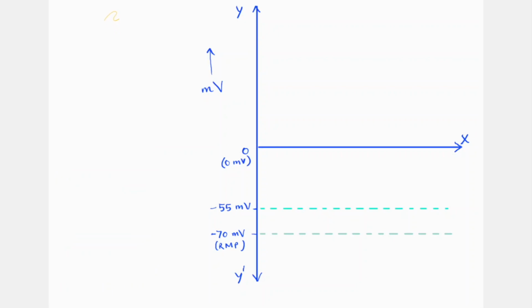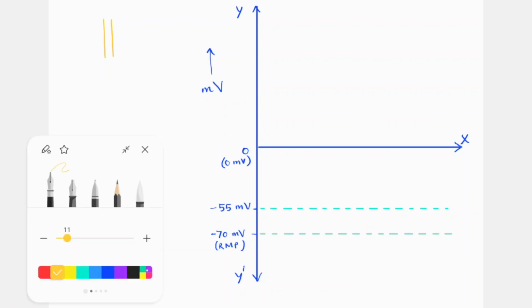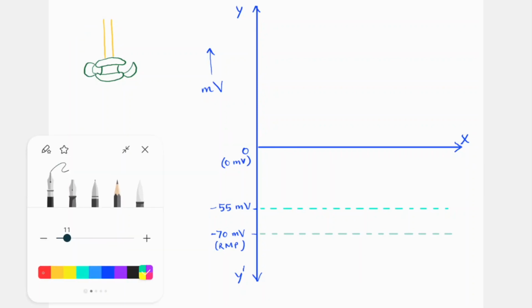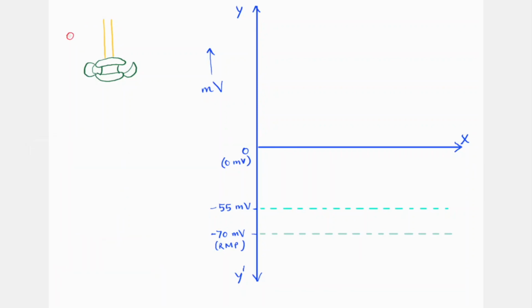Okay, so this is the membrane, and I'm not making the potassium voltage channel right now. I'm just making the sodium channel. Okay, this is the sodium channel, and its fast gate is closed, slow gate is open, as I told you. Okay, and now there are these sodium ions outside, right? Sodium.